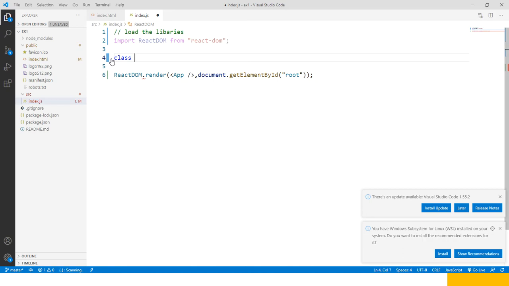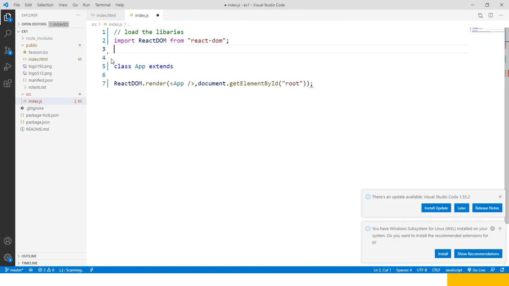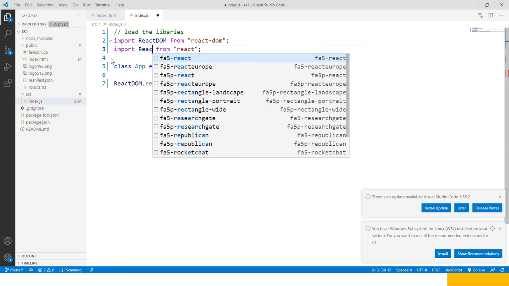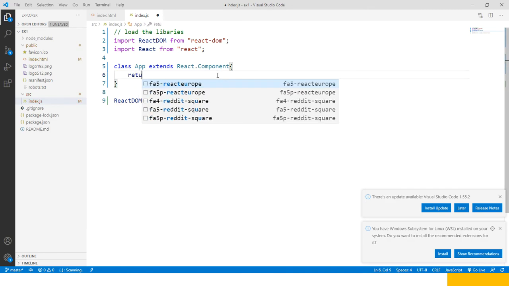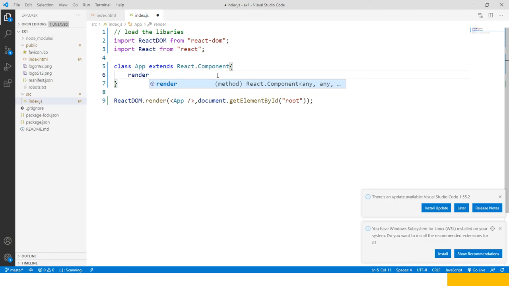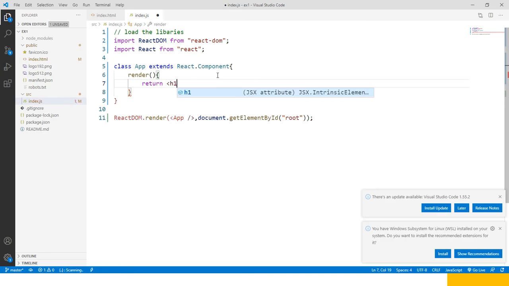Very simple. The class name is App extends, meaning we need to extend already existing functionality provided by React. Now it extends what, sir? React.Component, so that it can easily display this. Now we need to have a special method, render. Render means display. So it will return HTML, sir, h1 class component. Let us see whether it is working or not.